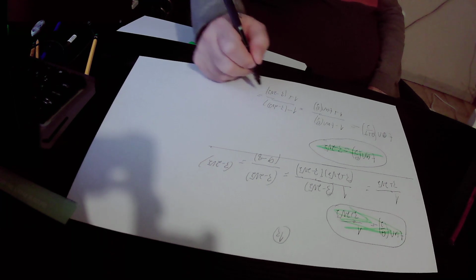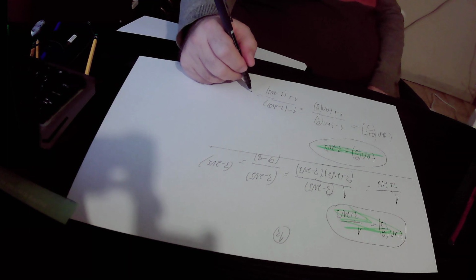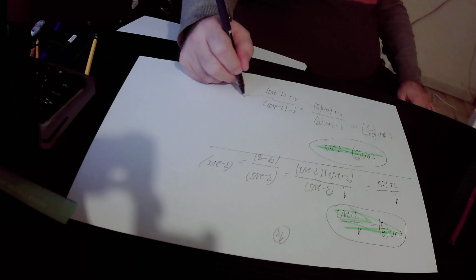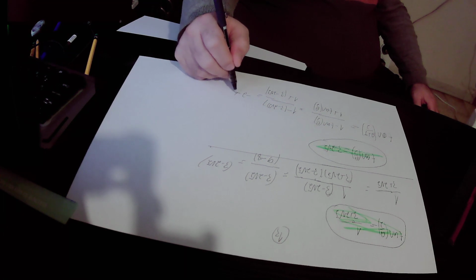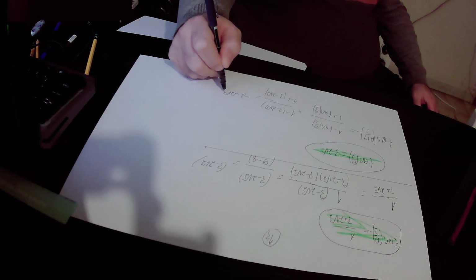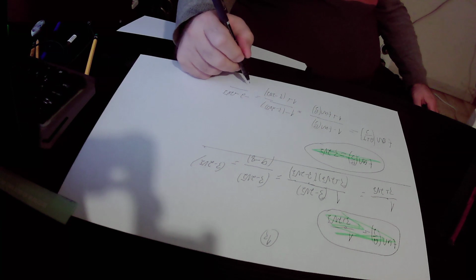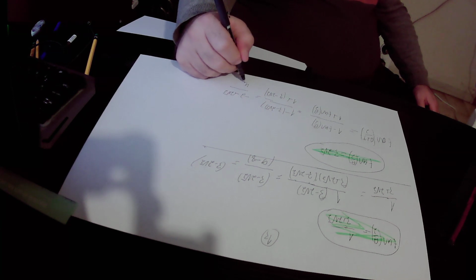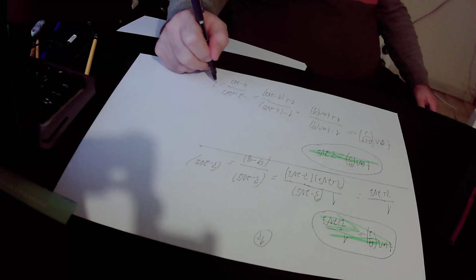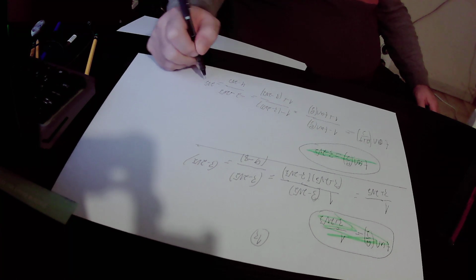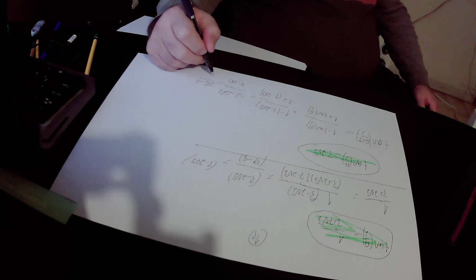That equals 1 minus 3 is minus 2, minus and minus is plus, so it is plus 2 times square root of 2, over 1 plus 3 is 4, minus 2 times square root of 2. So here we have 2 times square root of 2 minus 2 over 4 minus 2 times square root of 2